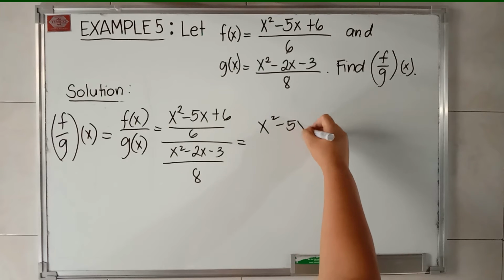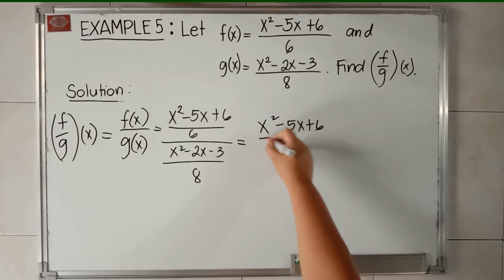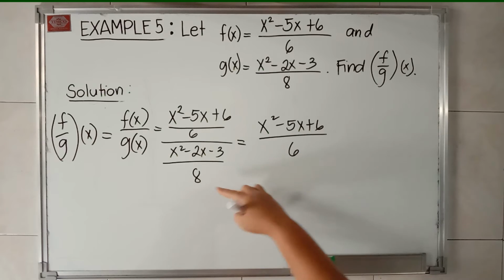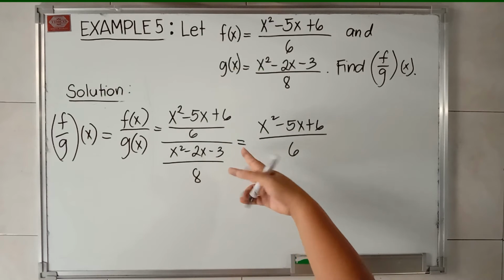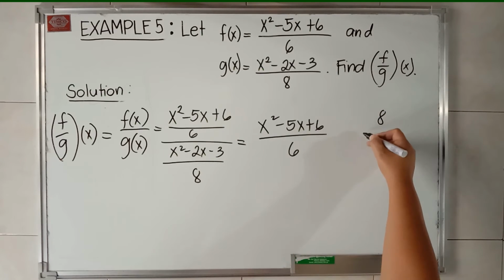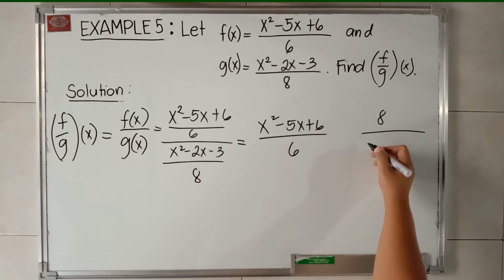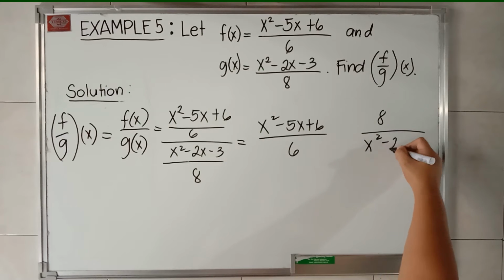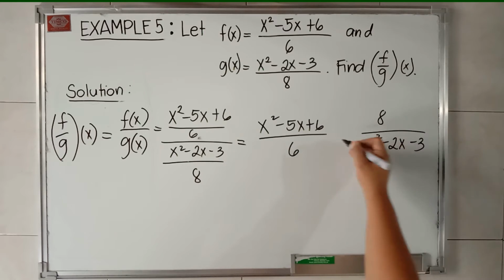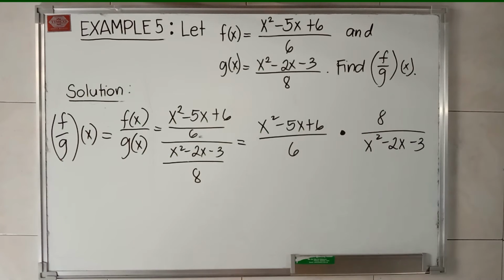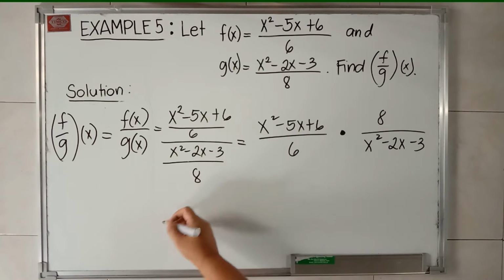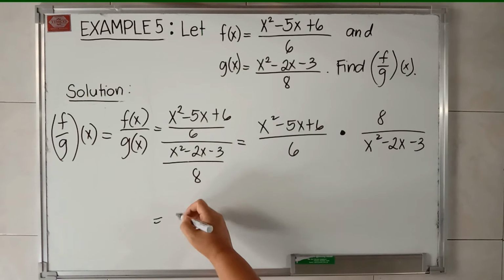X squared minus 5x plus 6 over 6. Get the reciprocal of the denominator, 8 over x squared minus 2x minus 3. Proceed to multiplication. So we will first factor x squared minus 5x plus 6. We have